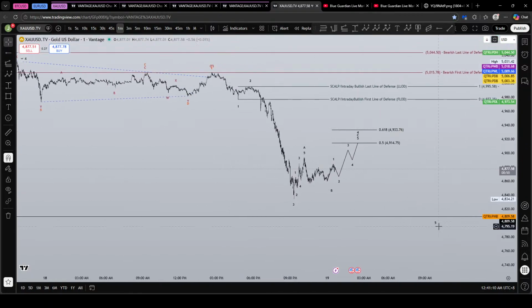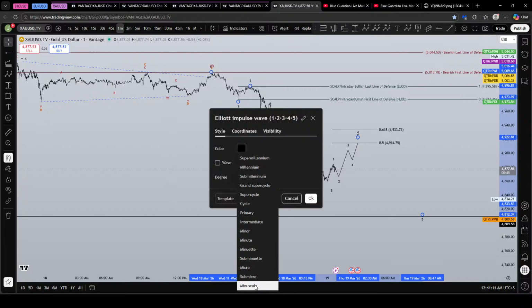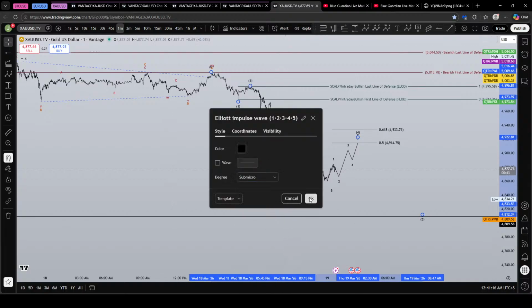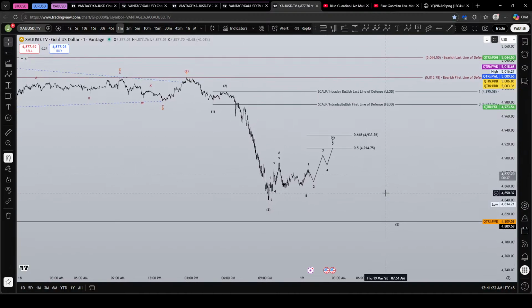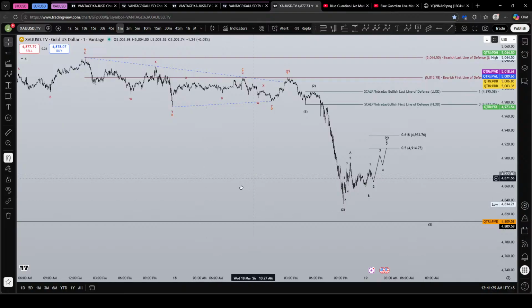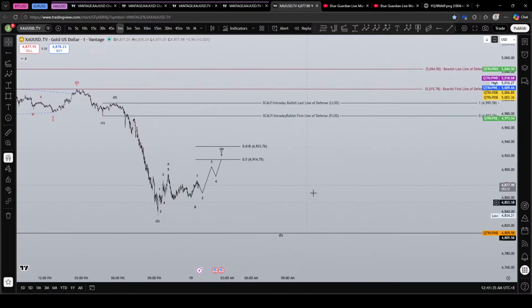So this will be my target for the possible fifth wave. So this is now my analysis on gold. Let's see what will happen in the next hours or days. But in terms of Elliott wave structure, after the fifth wave here, I am expecting a bounce, at least 3 waves bounce up,